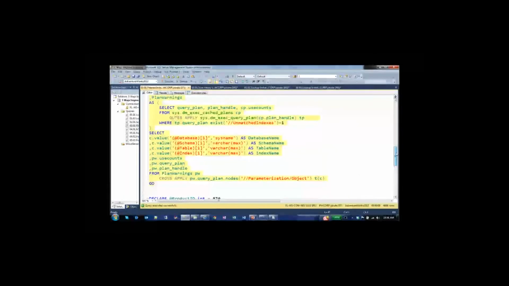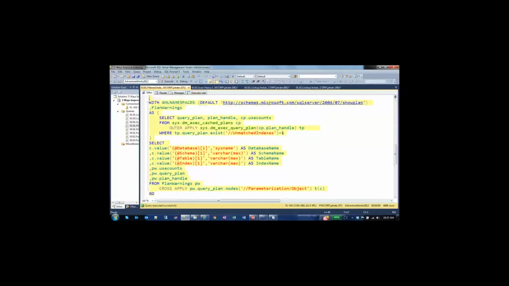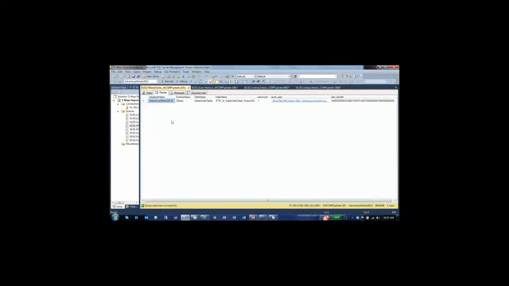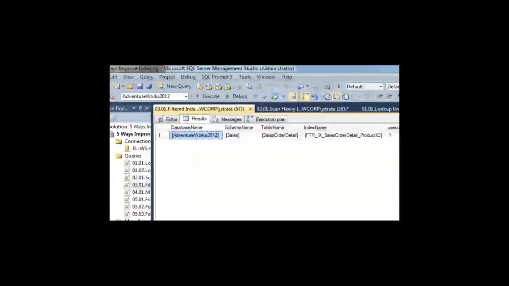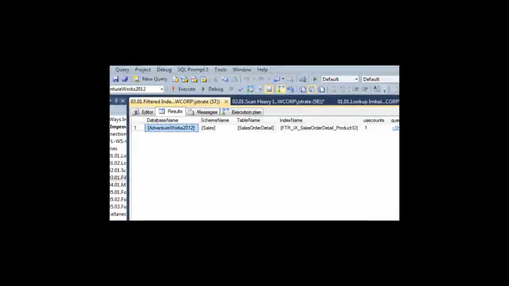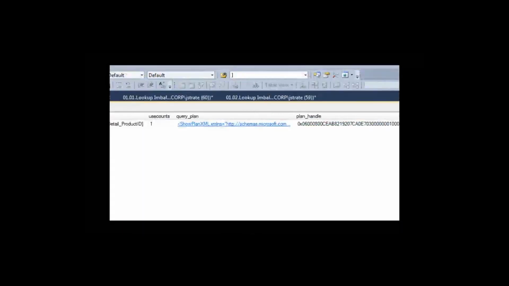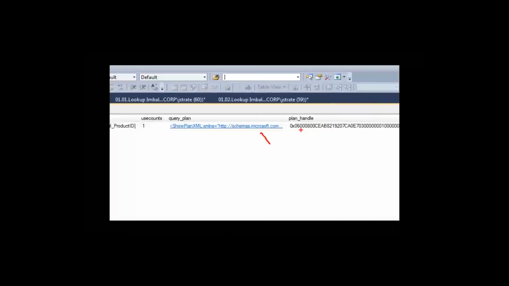And to just run a query to pull back every operation, and this is for the DBAs out there, if you want to find out every single time somebody has had an unmatched index, you can do a similar query that we had in the first two examples where you go and check the execution plan and bring back every occurrence of this. And so we'll just do that real quick. Run through that. We'll execute it and take a look at the results. And in this case, since I'm only running a few queries on my system, I only get the one unmatched index, but it tells me the query plan and the plan handle, so I can dig in